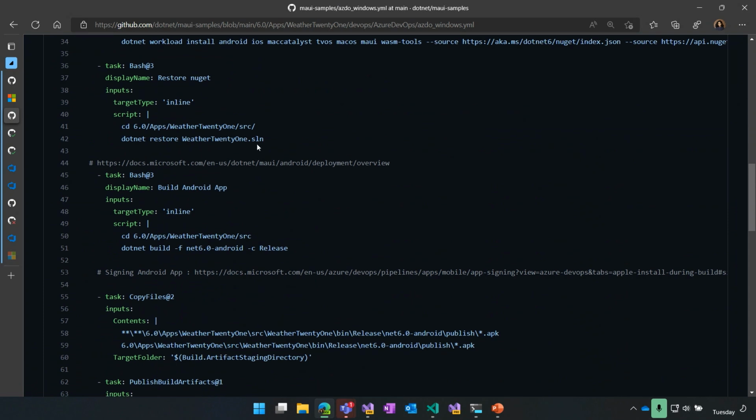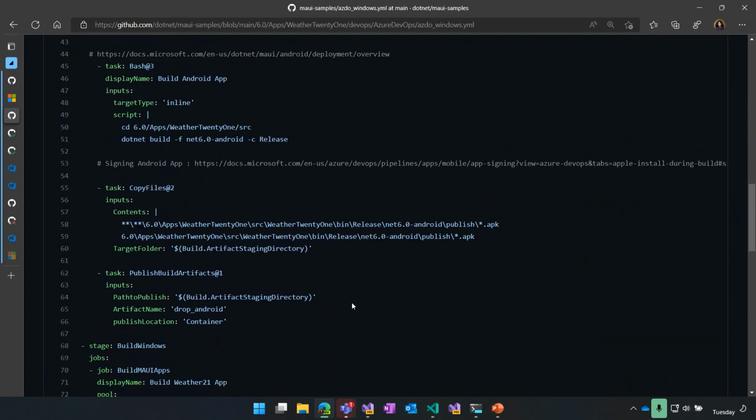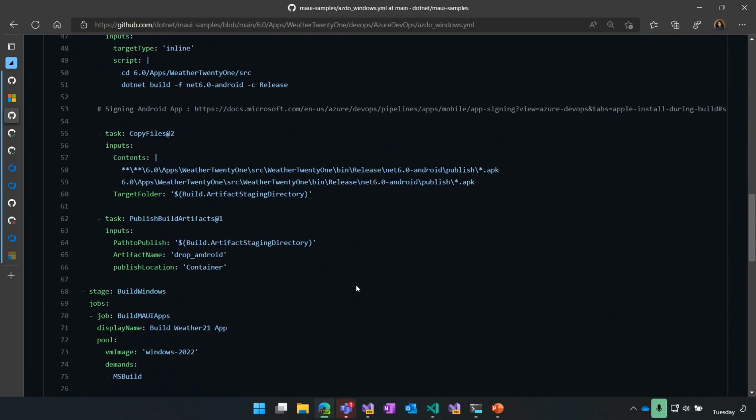We do a restore. You can also actually put this into your build step. I just, again, wanted to make this a learning opportunity. So I broke up all the steps so you understand every single process of what's happening. But you can always combine these tasks into one if you're looking to optimize your flows. So there's .NET Build here for Android, then I could throw in a .NET Build net6 Windows. Whatever other target platforms I want to do, you can put it into one. You don't have to actually break them up into different stages.